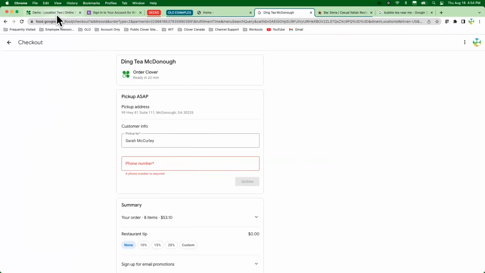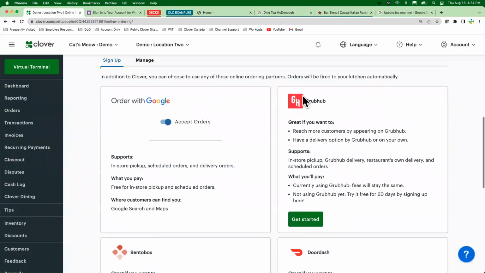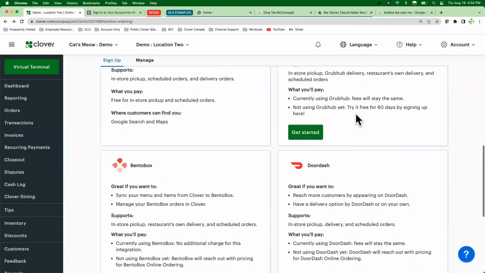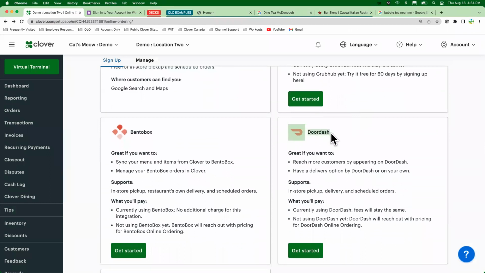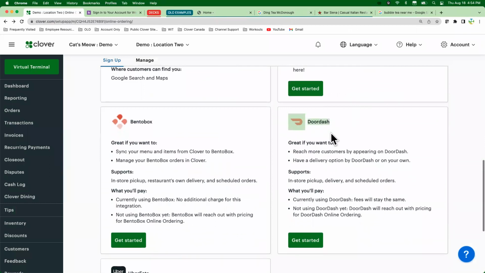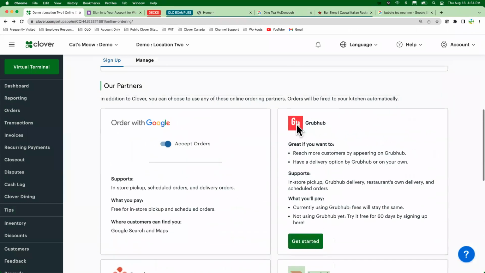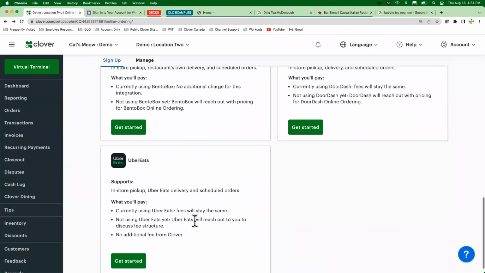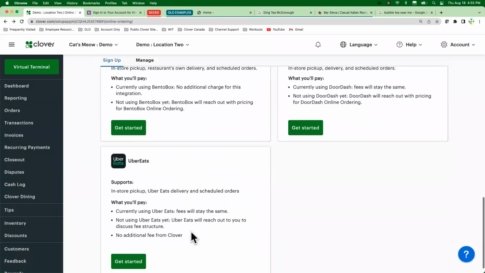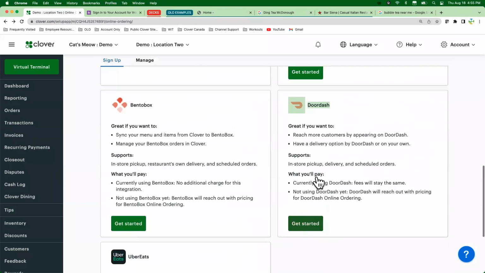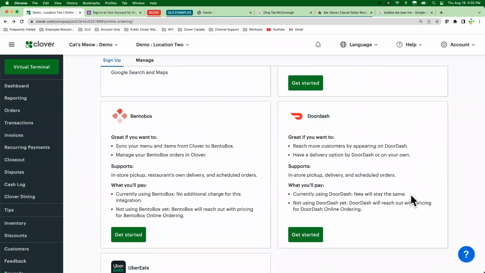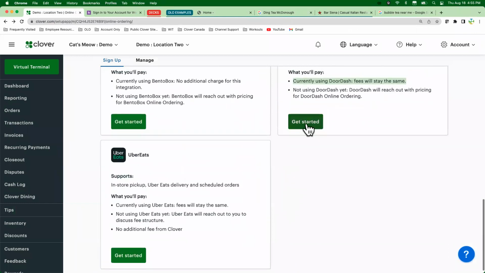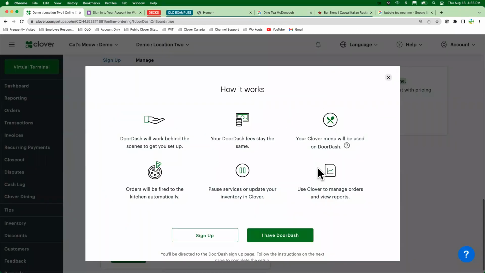So that's our last topic of online, is like Grubhub and some of our providers that they should be available now, but if you don't see them, they might be rolling out in batches. But pretty much Grubhub, DoorDash, and Uber Eats. So Clover now has these connections with these partners. If you already have accounts with them, a lot of these just state that things should stay the same price wise on their side. You just hit get started and you log in,